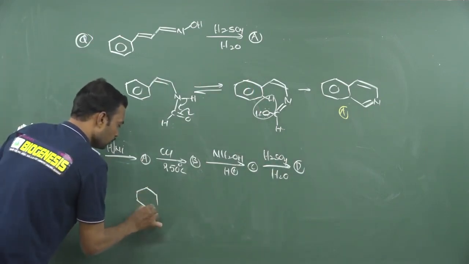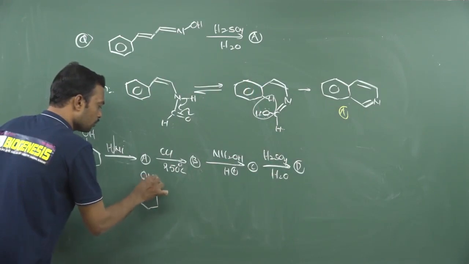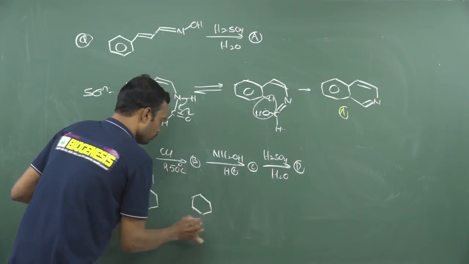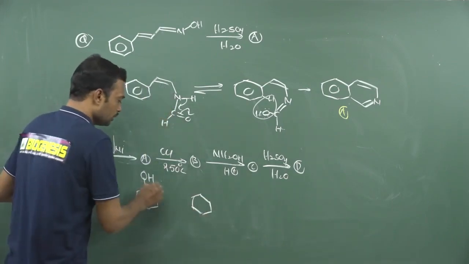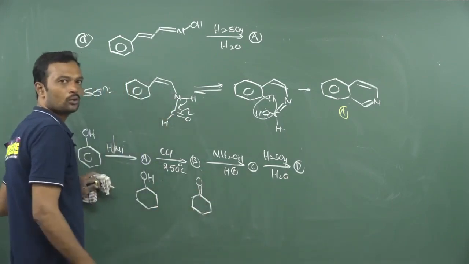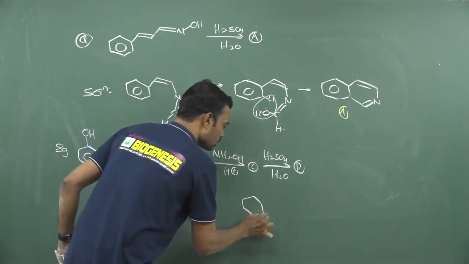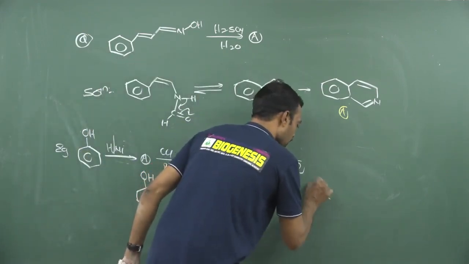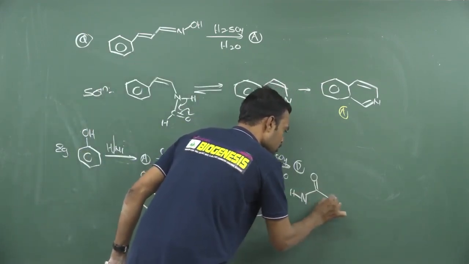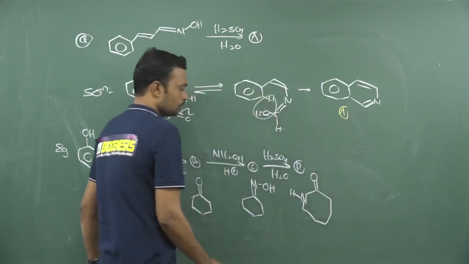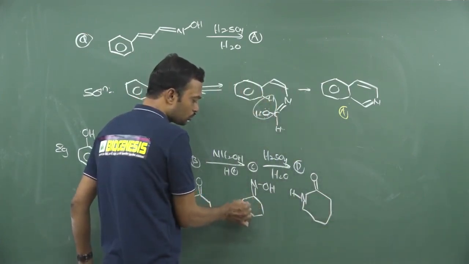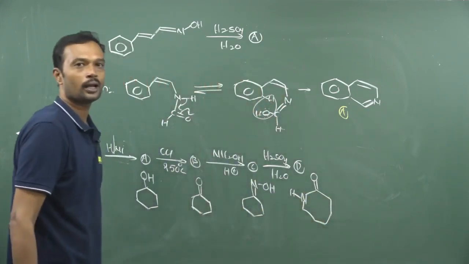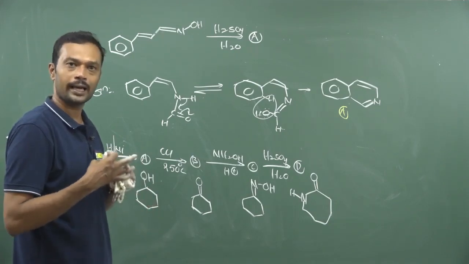Hydrogenation with nickel will reduce the complete aromatic ring and give the hydroxy group, a Sabatier-Senderens type of reaction. Phenol is converted to cyclohexanol, which undergoes dehydrogenation to give cyclohexanone. Cyclohexanone reacts with hydroxylamine to give oxime. Oxime reacts with sulfuric acid to give a 7-membered ring. This is C double bond O, and here H, and this is called a lactam. So total how many carbons are present here? 1, 2, 3, 4, 5, 6. Here also 1, 2, 3, 4, 5, 6. This is called caprolactam. Cyclic amides are also called lactams.